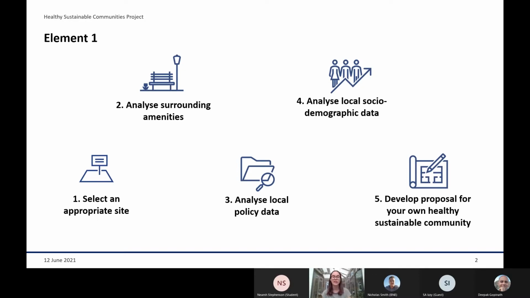You get a range of different criteria from lecturers, for example, in regards to the size, to the location. It has to be a brownfield site, and then you go and find your own site to plan your own community. And in order to make sure that the proposal is helping the local community and is meeting the needs